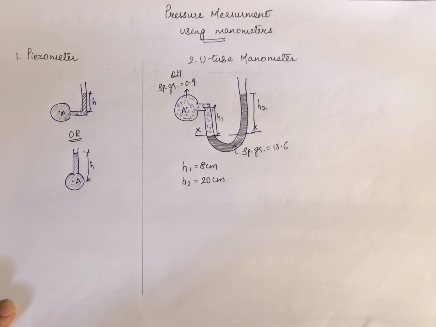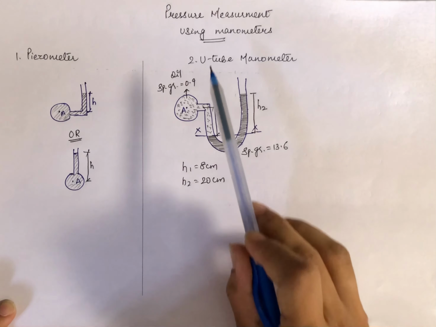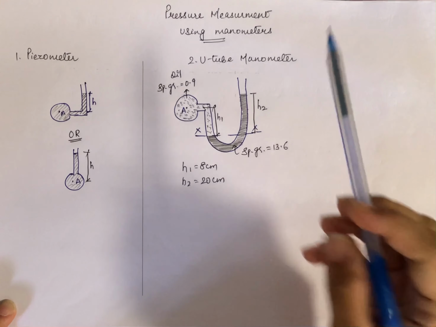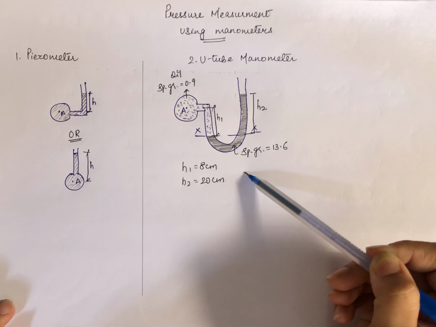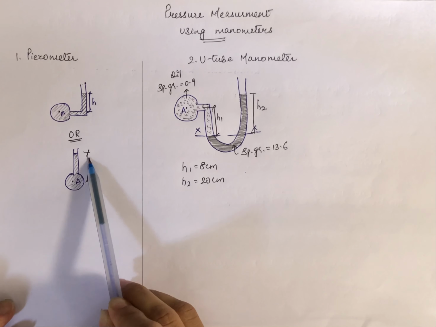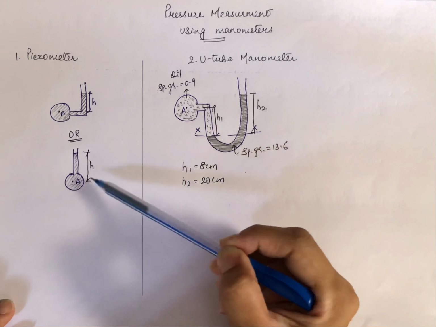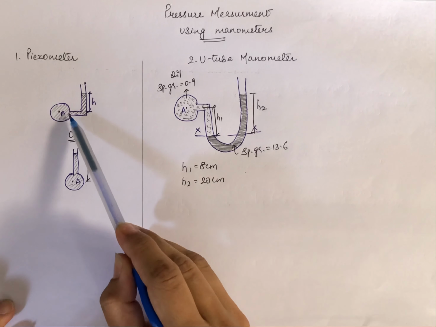So students, today in this video we are going to see how we can measure the pressure using manometers with some examples. In our previous video we have seen what the different kinds of manometers are that are used to measure the pressure of a fluid. So starting with the first manometer, which is the piezometer,